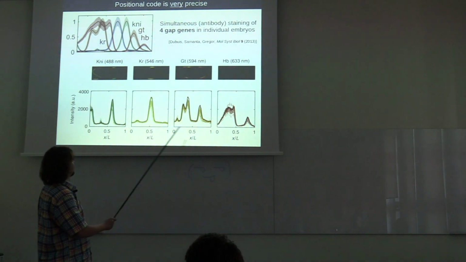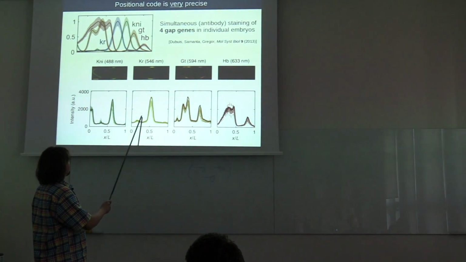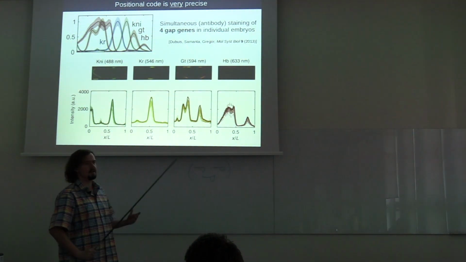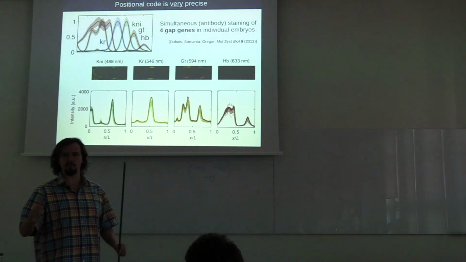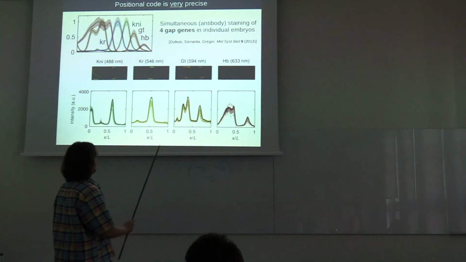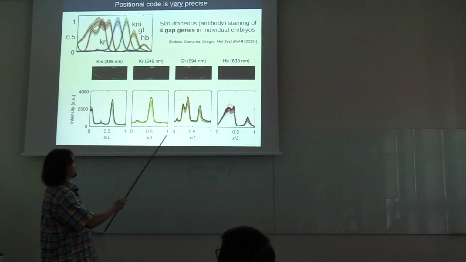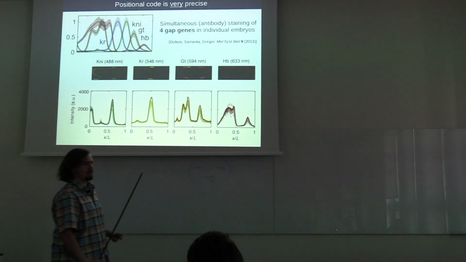Right? So here you can see the measurements for the individual genes. And you can see that there is some spread, right? And I should highlight that these bold lines are not the averages, but random picks from the ensemble of measured patterns that were obtained by this simultaneous staining. And you can see that in general, except for certain parts like here, the code is very precise,